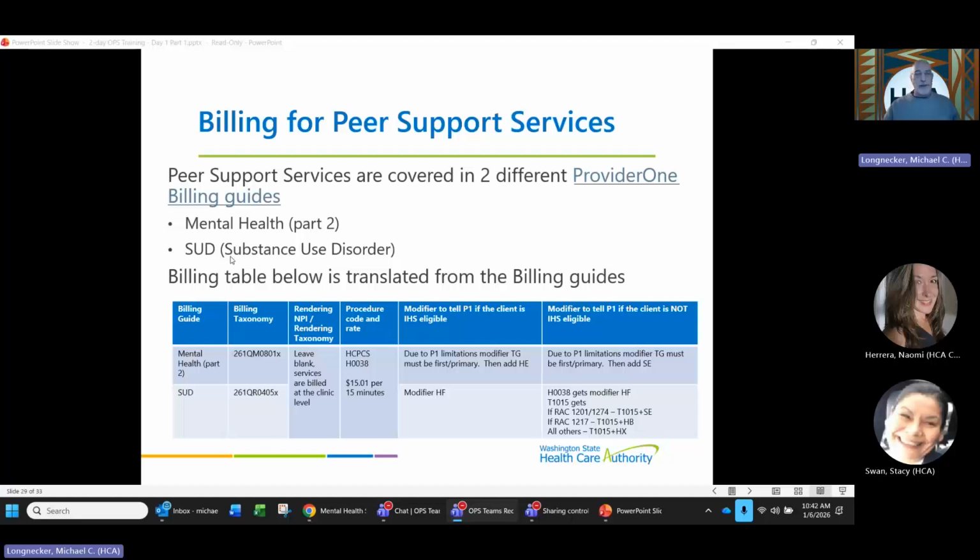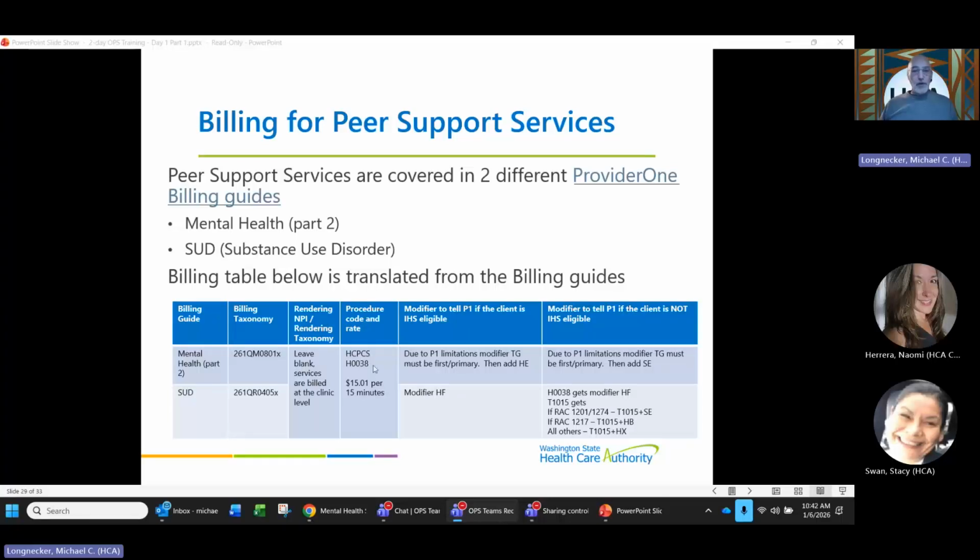That's our starting point. For billing, share this with your billing folks. Here's my billing taxonomy. It has to be this variable if it's mental health part 2 or chemical dependency. Servicing NPI, that's the peer support provider. We won't add those to our claims. We'll leave it blank, but we will onboard the peer support provider into Medicaid's computer. Reach out to Team Stacy and Mike. We love helping with onboarding providers.